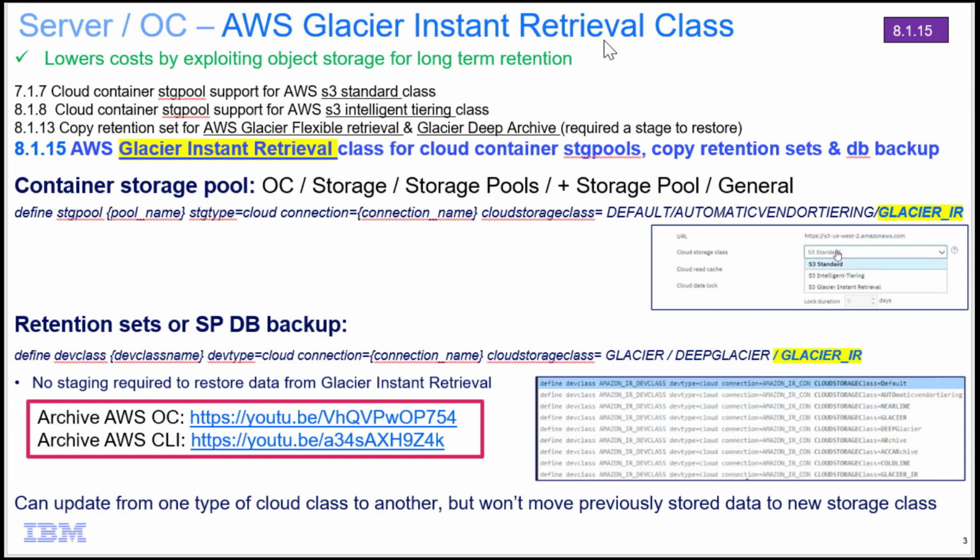I'm going to be demoing our new AWS Glacier Instant Retrieval class support. Now back in version 7.1.7, we introduced cloud container storage pools, and at that point we supported the AWS S3 standard class for our container storage pools. In 8.1.8, we extended that support also to include the AWS S3 intelligent tiering class. And then in 8.1.13, we introduced the ability to copy retention sets out to AWS Glacier Flexible Retrieval or Glacier